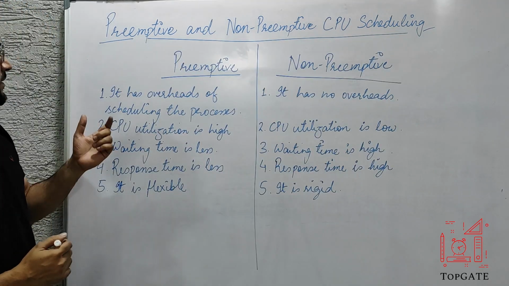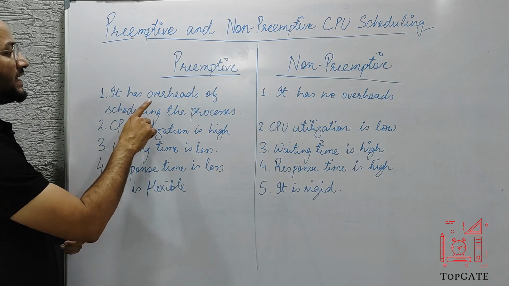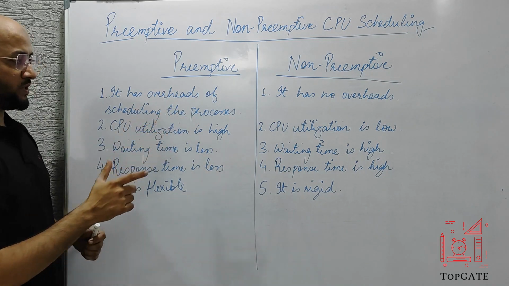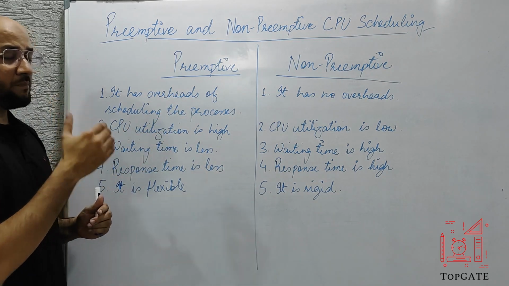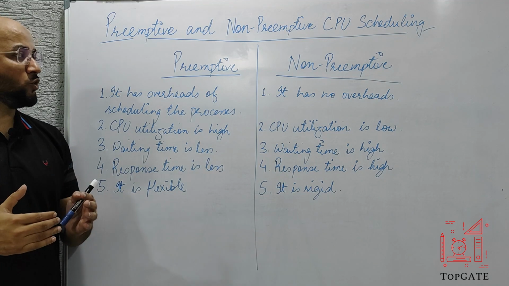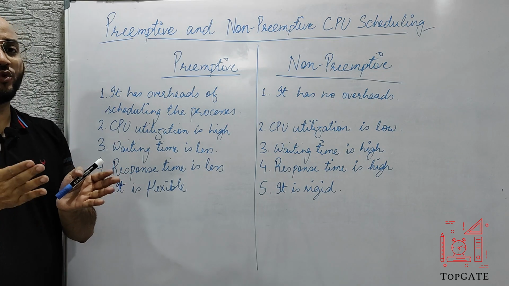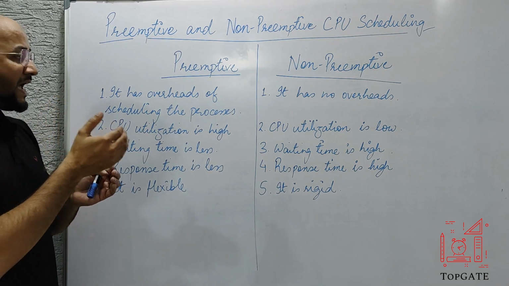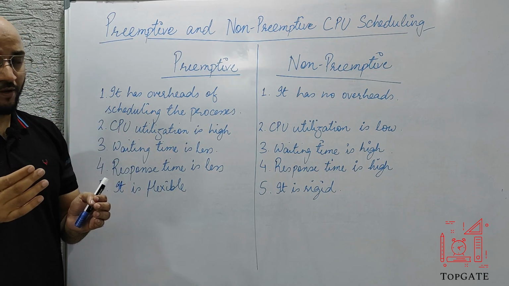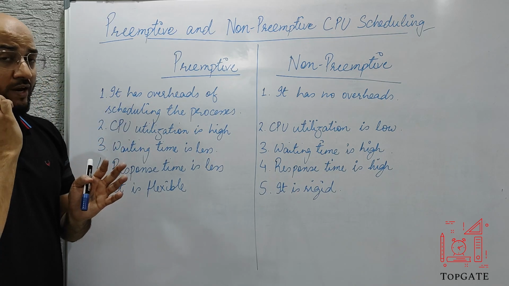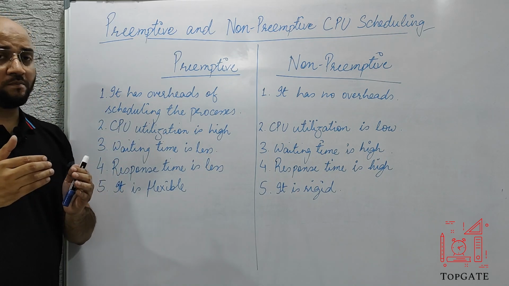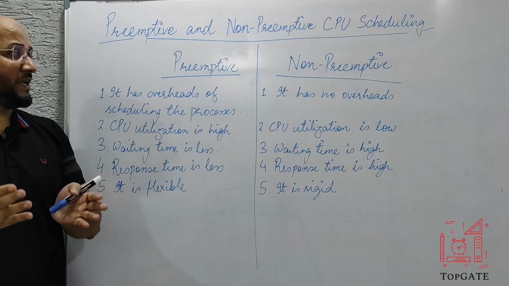The first point says that in preemptive scheduling, it has overheads of scheduling the processes. Since in preemptive scheduling we are switching the CPU from one process to another very frequently, every time we are switching the process, it adds to the overhead in that scheduling. So we are adding some overhead. Why overhead? Because every time we are switching the CPU from one process to another, we are doing a